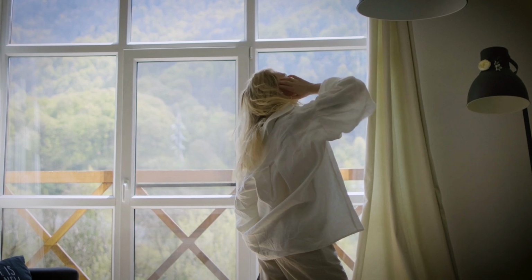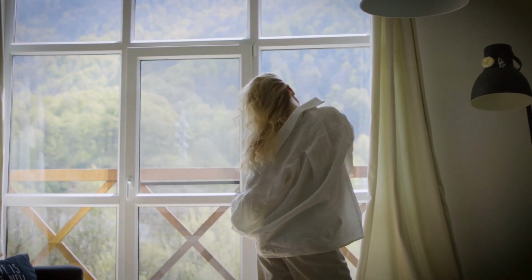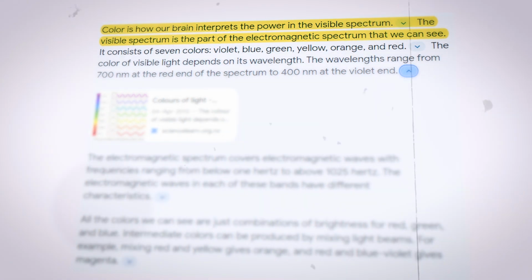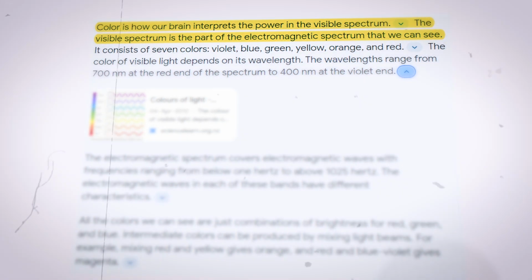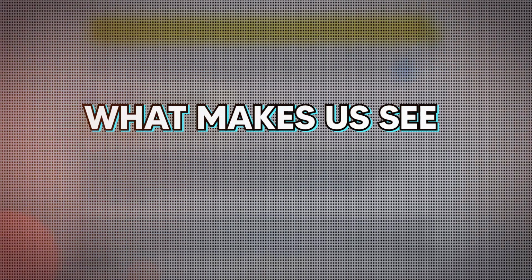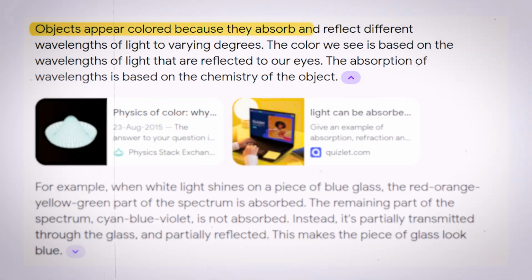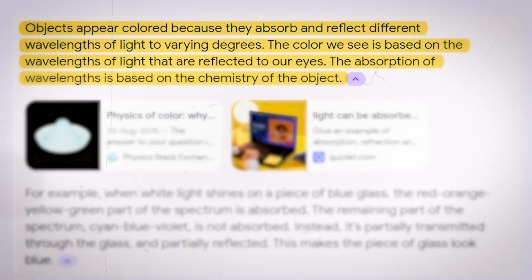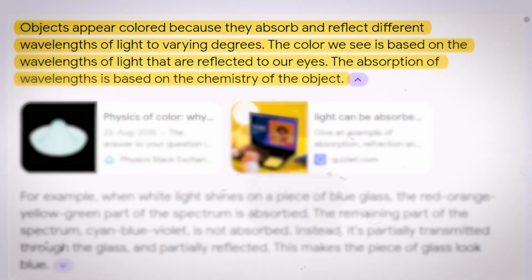When you look at this window, you see an array of colors. So, what exactly is color? It's the part of the electromagnetic spectrum we can see called, logically enough, the visible spectrum. So, what makes us see particular colors? Objects absorb some wavelengths of light and not others. The ones we don't see are the ones it absorbs, and the colors that we do see are those that